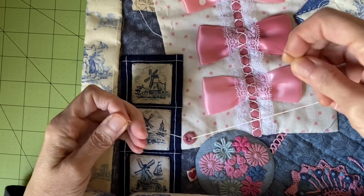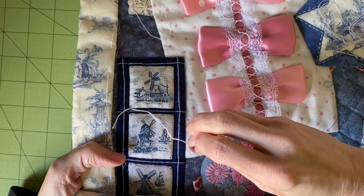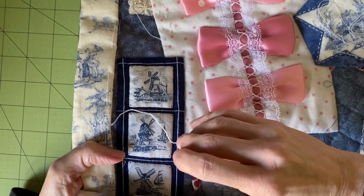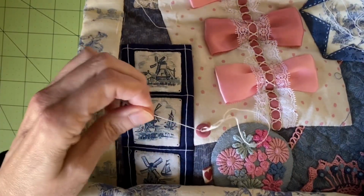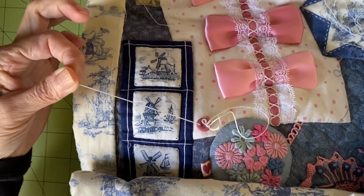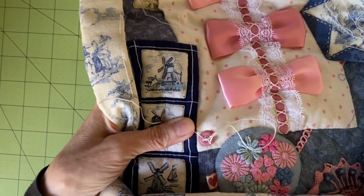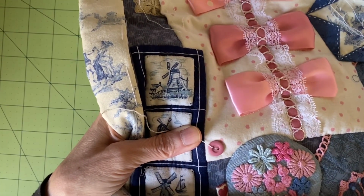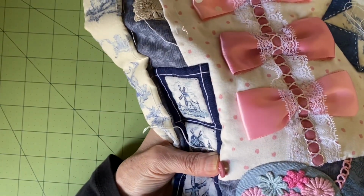Now, to hold the button there and not just be decorative, I'm going to go back down in the left, and we're in the left hole again to the back, and I'm going to save myself a big chunk of thread on this side, and not pull it all the way through, because I need to use that to tie my bow. So I'm going to go down across the button like that, and then I'm going to come back up where,